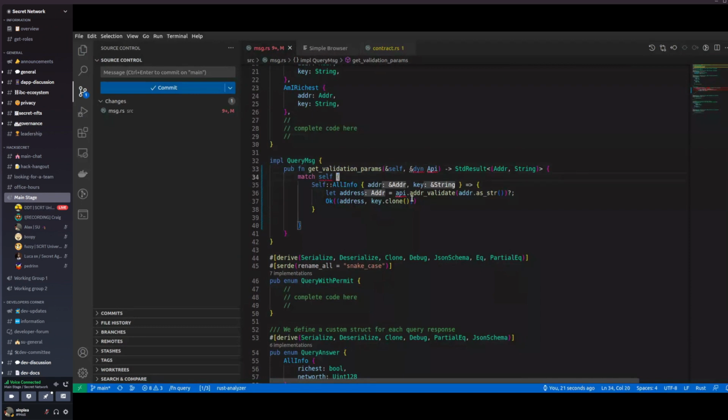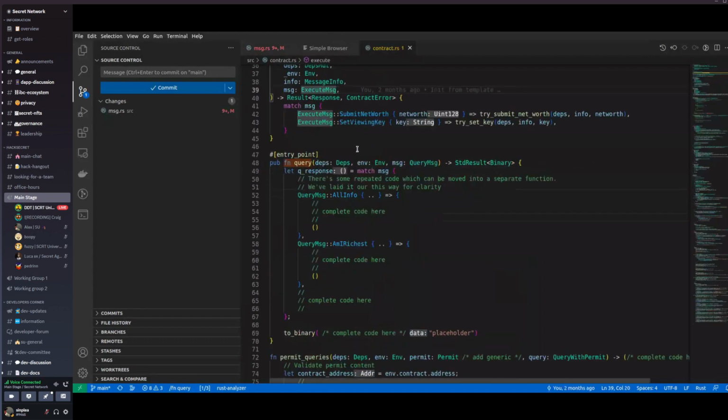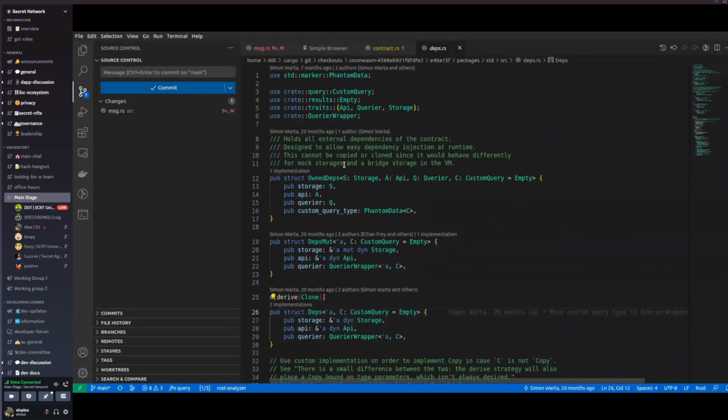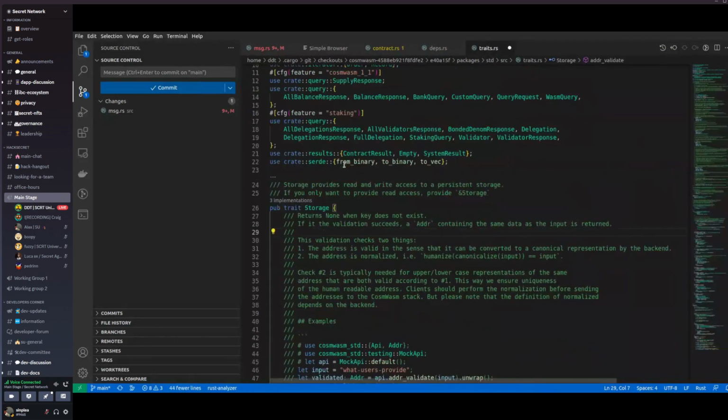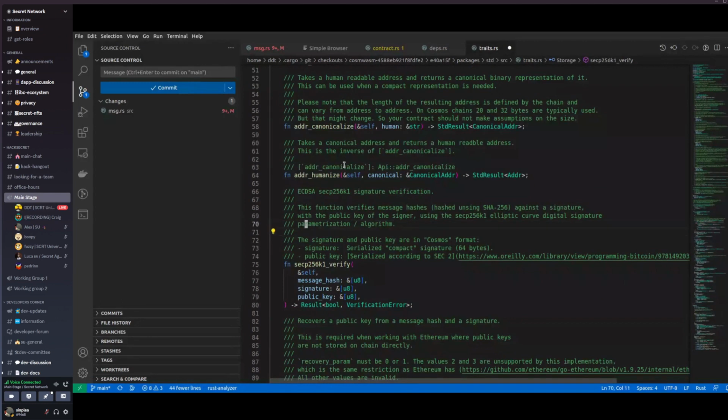And that allows us to access the API, which is actually something from a dependency. So cosmwasm has something called API that has some useful functions such as validating and humanizing addresses, and so on. So if we go back there,